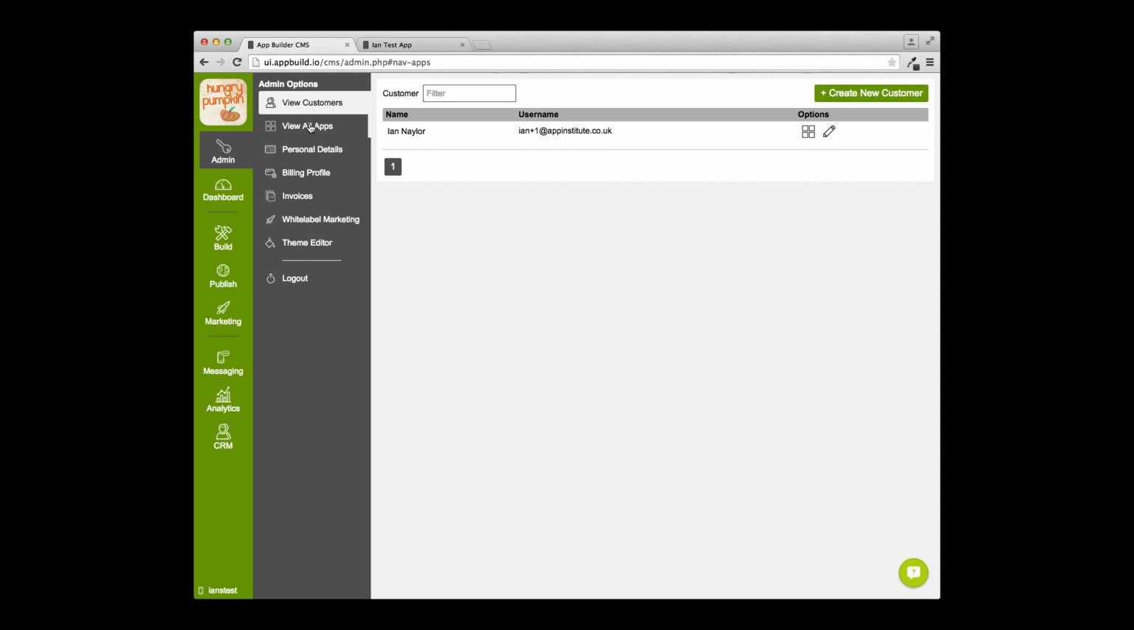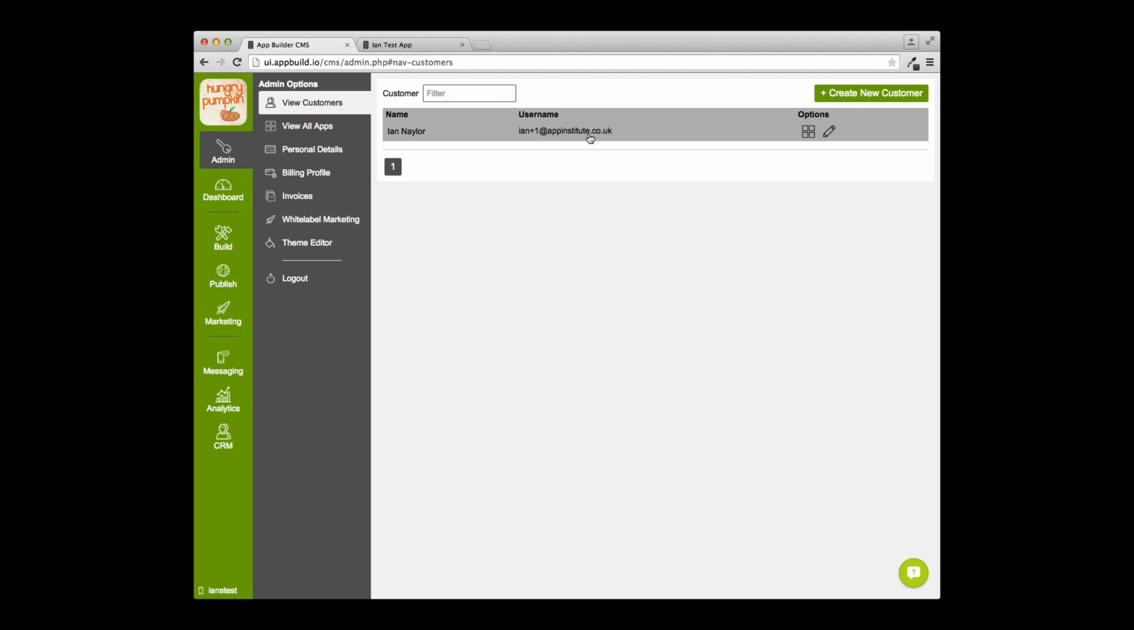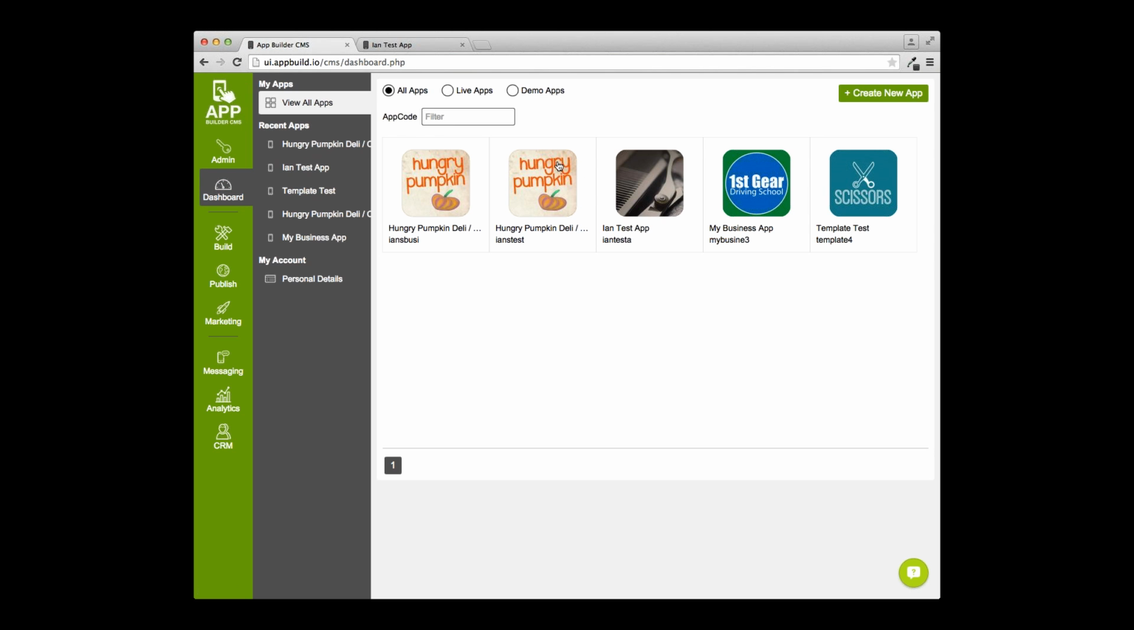So imagine here if you had 20 different customers and you choose view all apps, that's going to show you all the apps for all of your customers and allow you to edit them in the way that you currently do. But from view customers, I may have chosen just to select this particular client, and then what I'm doing is now within dashboard